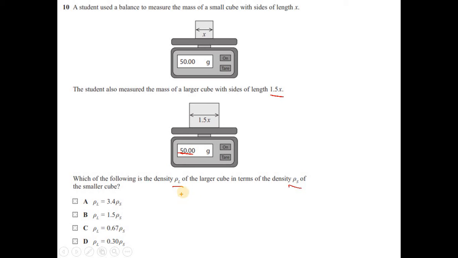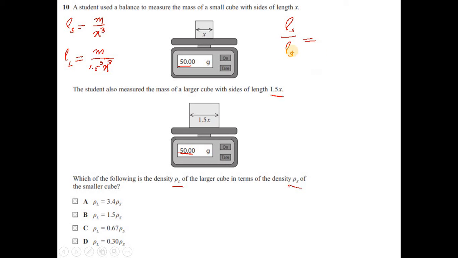So you just need to compare the densities of the two materials. For the smaller box, the density rho S is m by x cube, mass over volume. I'm not using 50 here because the masses are the same. So I'm using m upon x cube, and for the larger cube, rho L is the same mass upon the volume, and the volume is 1.5 cube into x cube. This is the volume of the larger cube, and when you divide these two,